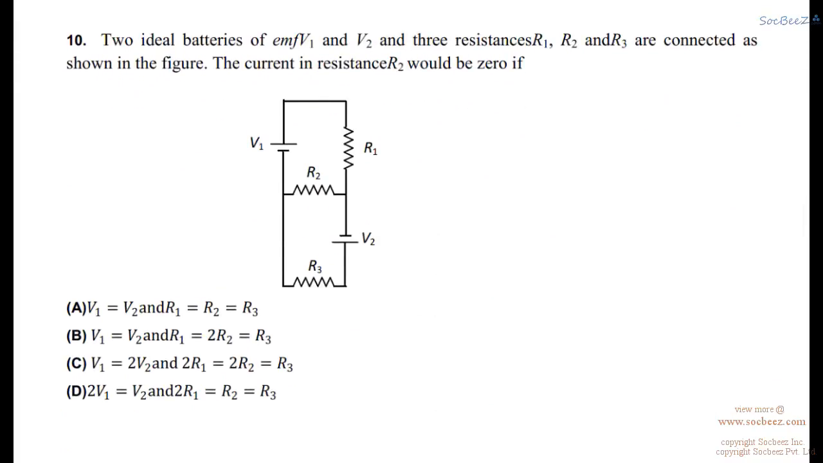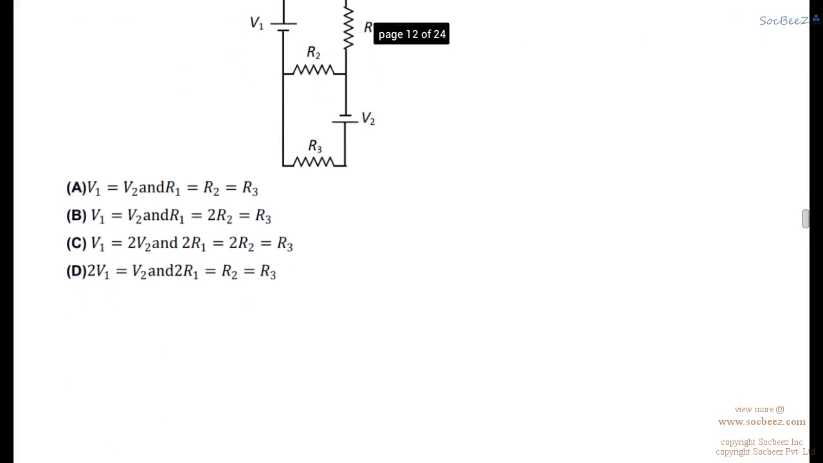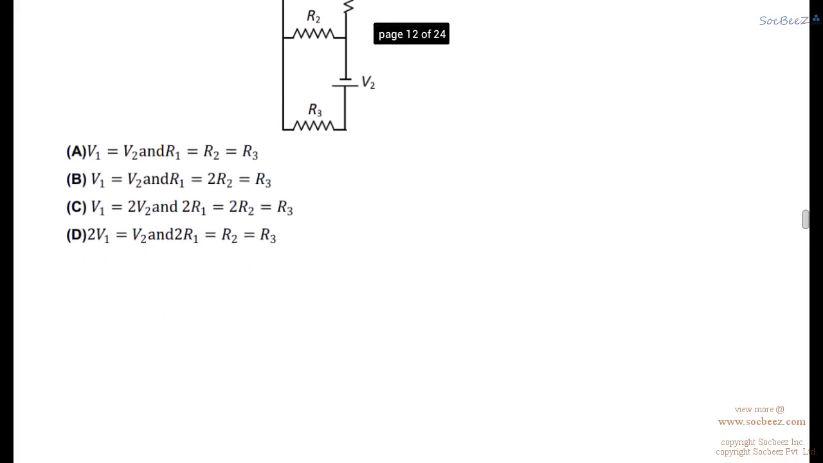Okay, so now let's see another question. Question says that two ideal batteries of EMF V1 and V2 and three resistances R1, R2 and R3 are connected as shown in the figure. The current in resistance R2 would be 0 if